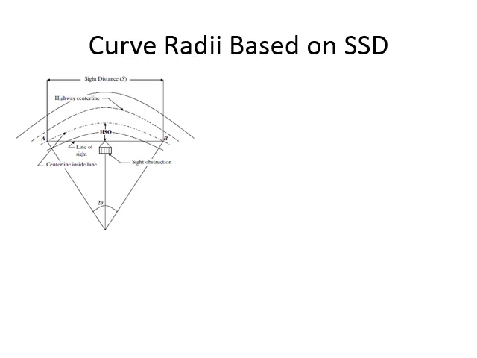Okay, now let us discuss the concept of stopping sight distance provision on a horizontal curve. Now on a horizontal curve, like we discussed for vertical curve as well, the curvature of the road is blocking our line of sight. So if I'm at point A and I want to look at point B, I will be looking in a straight line, right? So this is my actual line of sight, and the length of the road which I can see till point B is equal to S. So S is the length along the road, which is a curve, and my actual line of sight is a straight line between A and B. So I can look directly at point B if there is no obstruction in my line of sight.